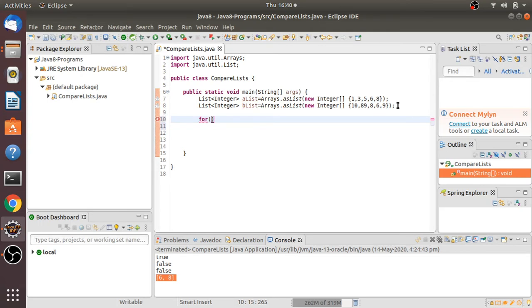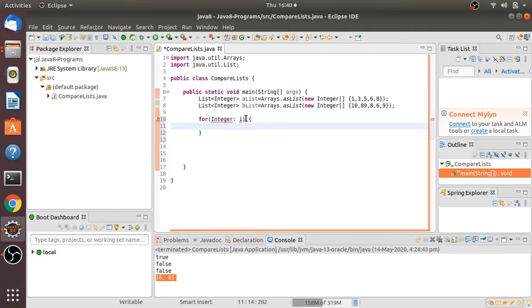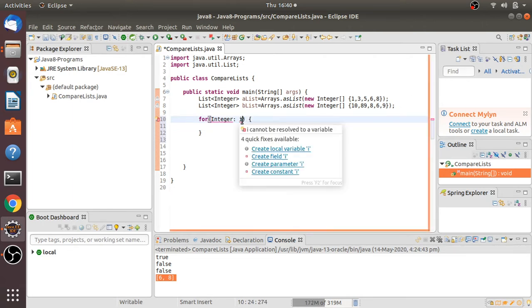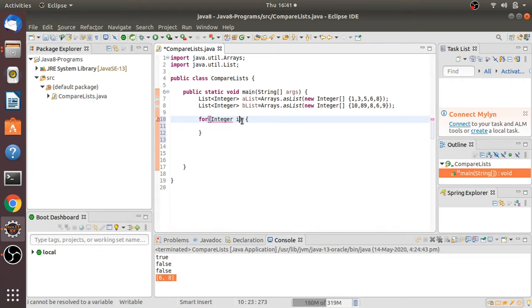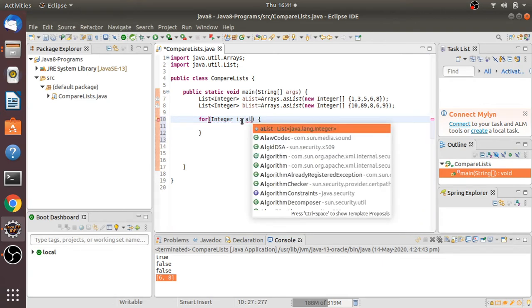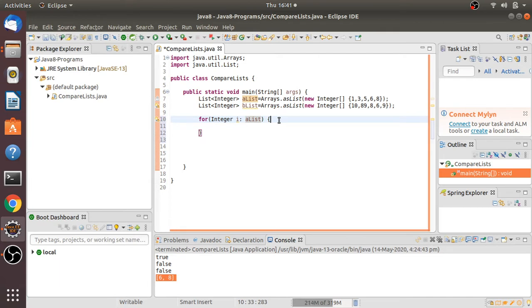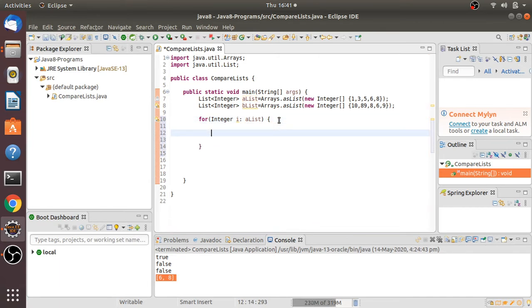Simply, we will write a for loop, and we will take integer i from the A list, and then I will compare it with the B list.